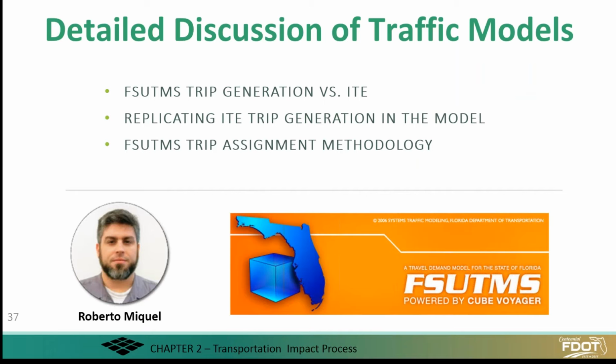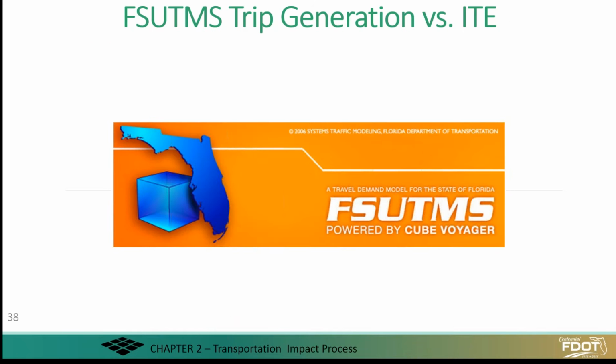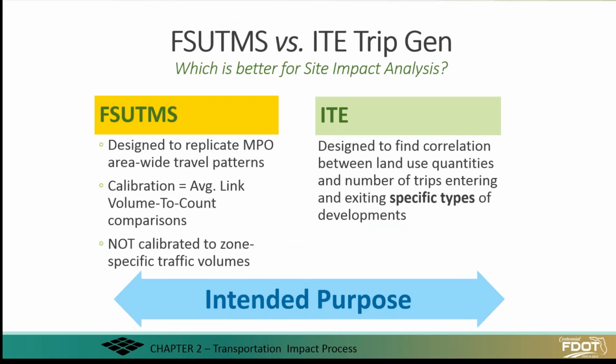So now we're going to have a more detailed discussion on the traffic models, and specifically discussing the difference between FSU-TMS's trip generation and ITE, replicating ITE trip generation in the model, and various FSU trip assignment methodologies. So trip generation from FSU-TMS versus ITE. The question then becomes, which one is better for site impact analysis? They have their pluses and minuses, but it's important to understand what it is that FSU-TMS is trying to accomplish